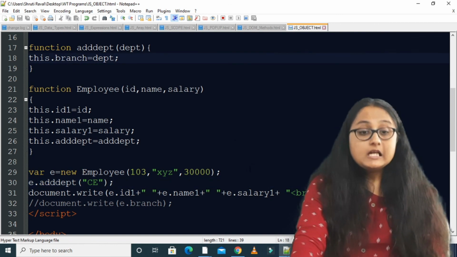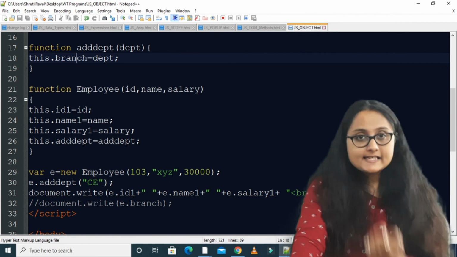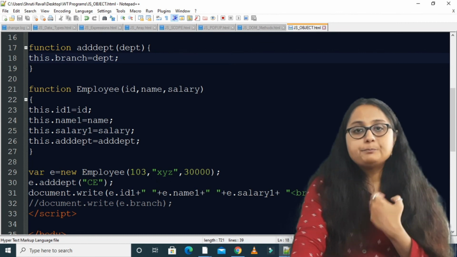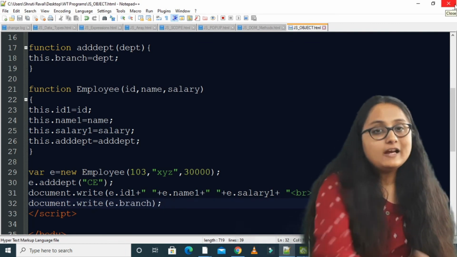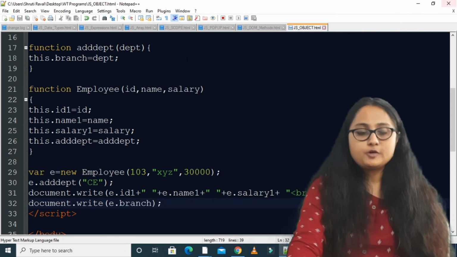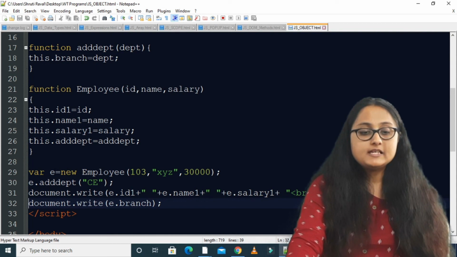Branch property. Now when you want to access, or when you want to print this particular branch, you have to again write object name dot property name. Again the object name is E, but here the property name is branch.